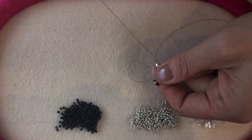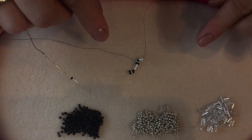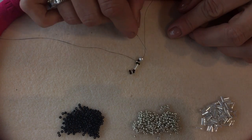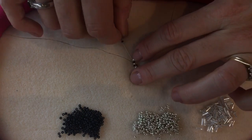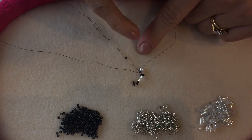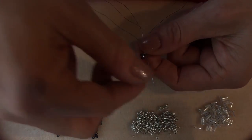Now this pattern uses odd count peyote, which means we now need to do an odd count peyote stitch turn here. So to do my odd count peyote turn, I'm going to pick up an A, and then I'm going to thread back up through this A and B here, but from this direction, so in the opposite direction to the one I'm beading in. So I'll just go through those beads and then let you take a look at that there. There we go. So I've picked up an A and I've threaded back up through the first A and B added, so that I'm now facing towards the rest of my beadwork,